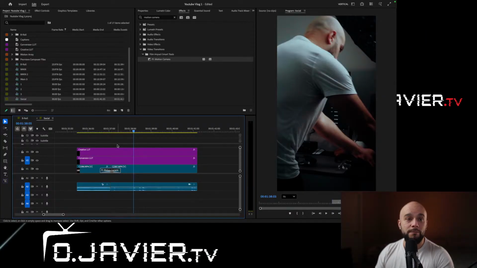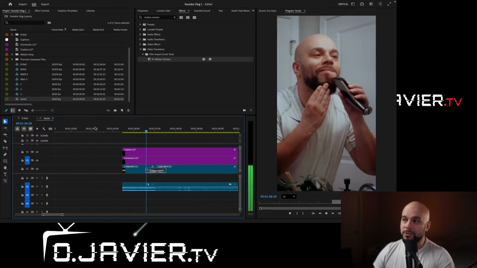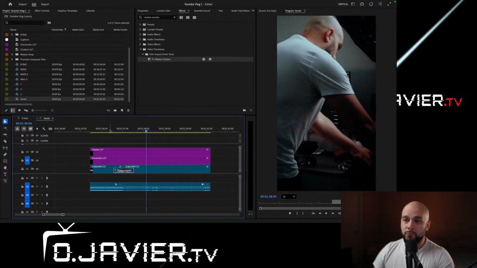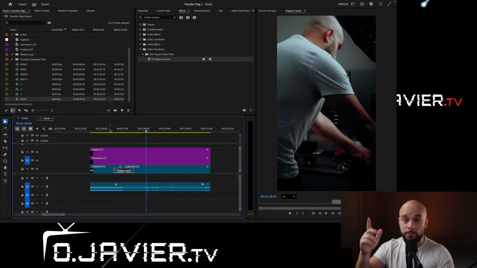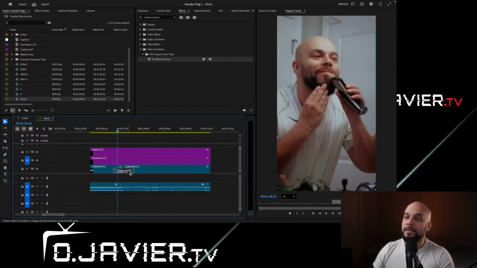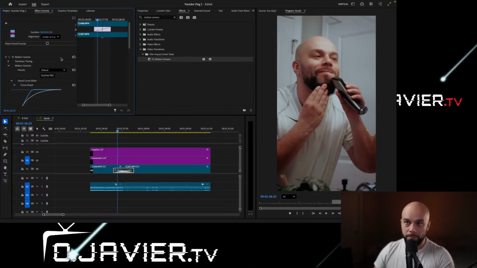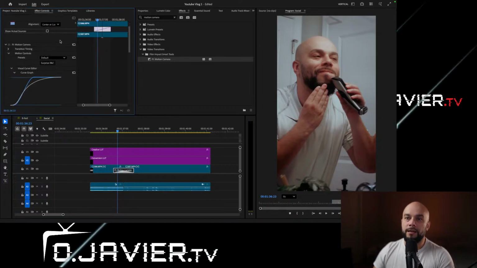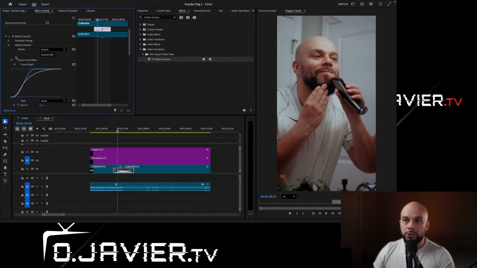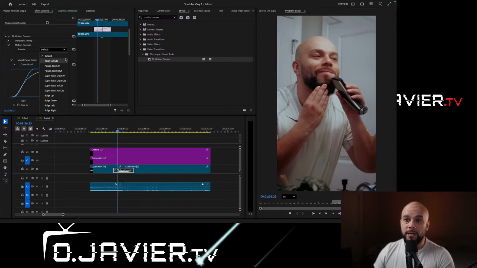Obviously, I'm cutting into the motion, which you should be doing by now anyways. And that makes it a little bit better. Which I think is actually pretty cool. And the coolest part is that, let's say we click on the transition on the clip, and then we go to the effect control panel on the left. And if you scroll down a bit, it'll show you under presets. It's at the default right now, and you click the drop down menu, and it has a bunch